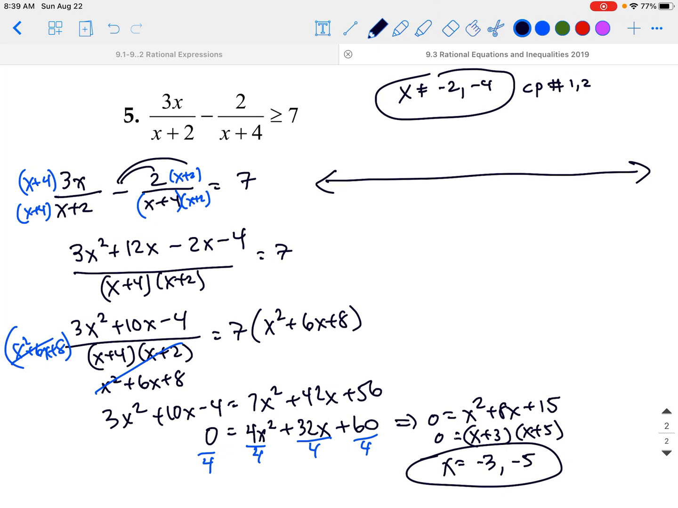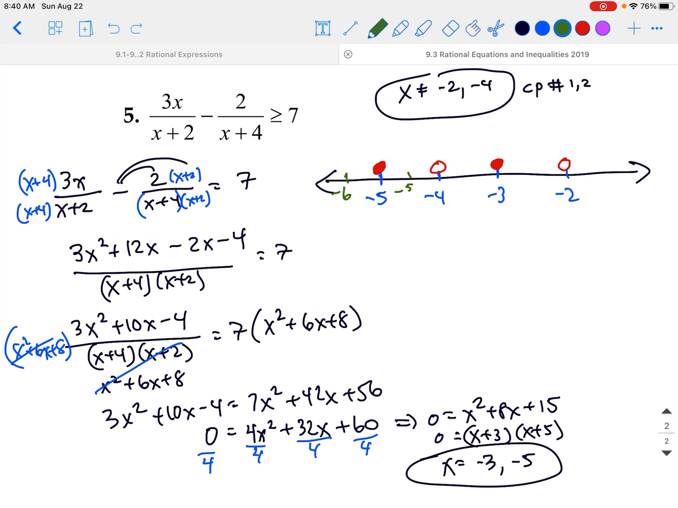So we're going to have a lot of points to test. So we've got -5, -4, -3, -2. -2 and -4 are undefined, so they'll be open. But -3 and -5, well, our inequality is equal to, so those are going to be closed. Okay. And now we're going to have to test points. So it looks like we could test